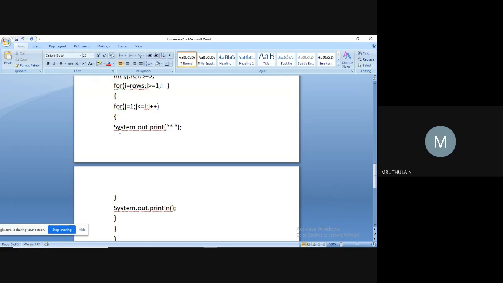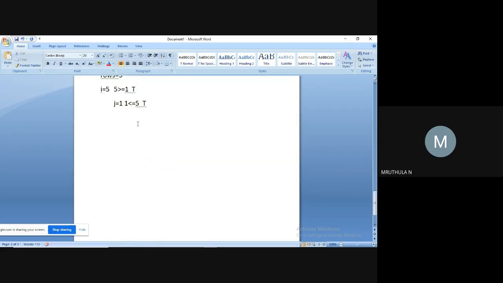It is saying system.out.print star space. So we are going to print a star and a space.